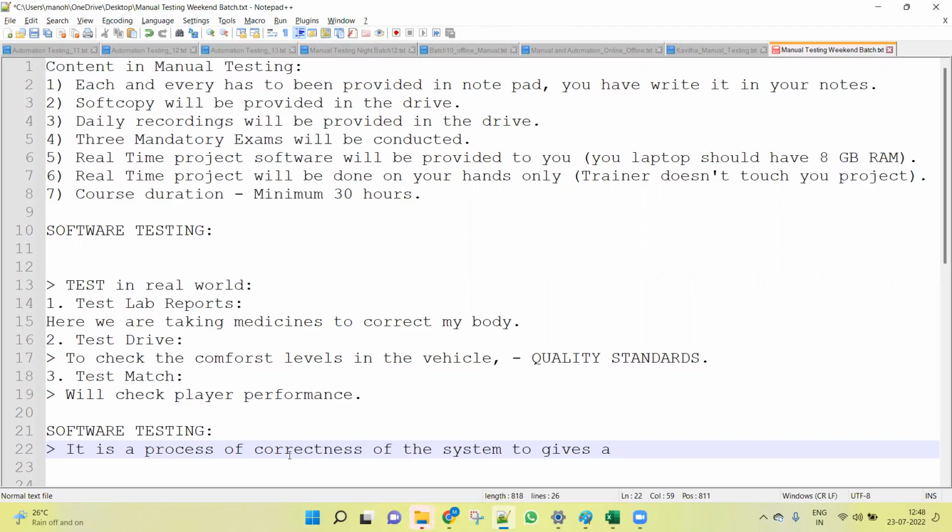If I see any problem in the system, if I see any bugs in the system, if I see any problem as per user needs, I'm going to take action to correct it. If I do the corrections of the system, obviously it gives a product which has to be as per user needs. Same like to give a quality product about the user. To give a quality product which satisfies